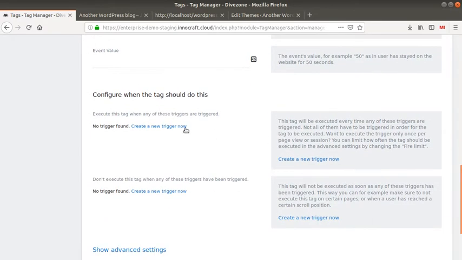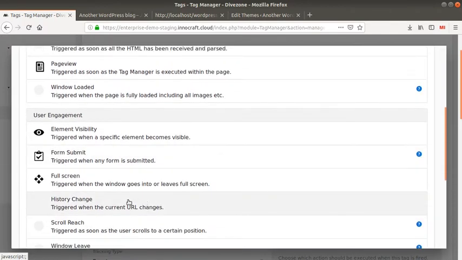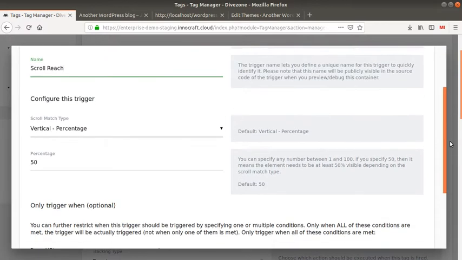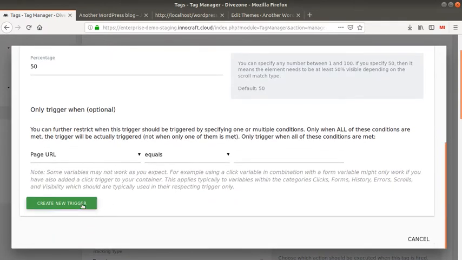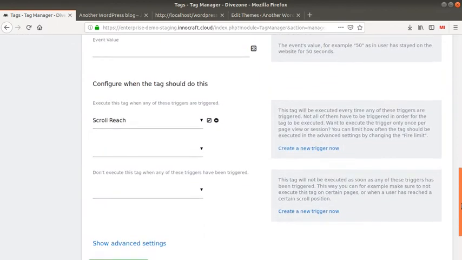And then if I go down the page, I have what we call the trigger to associate to this given tag. So the trigger corresponds to the condition in order for this given tag to be executed. And in my case, what I'm interested in is to have someone scrolling down tracked. So I'm going to select the scroll reach trigger, and here I have the configuration of this trigger, but I'm going to save it. I'm going to create a trigger right now because I have a video about triggers that I would like to show you later in order to explain it a little bit more in detail.